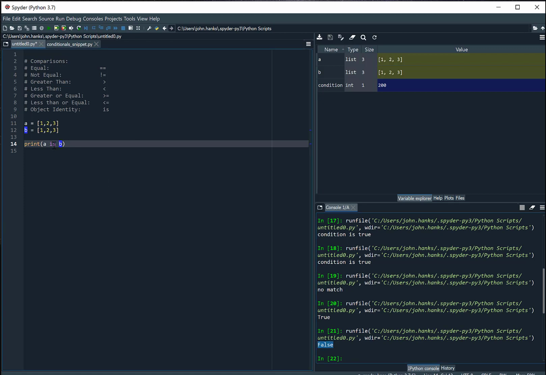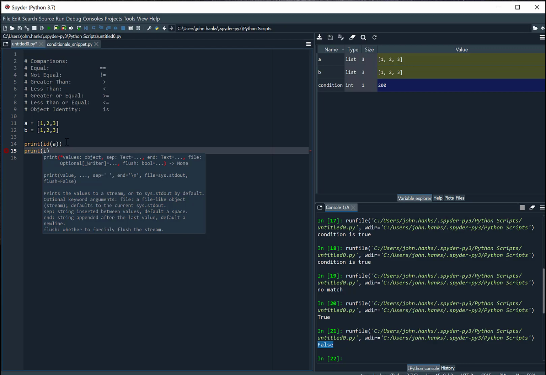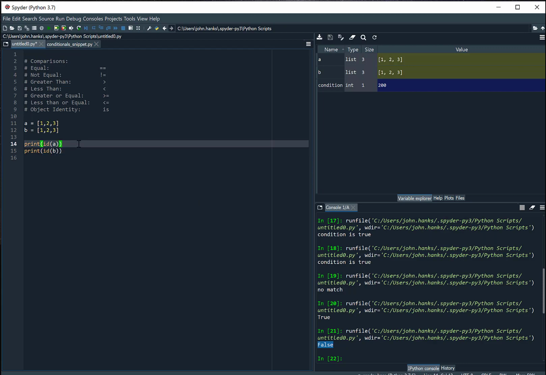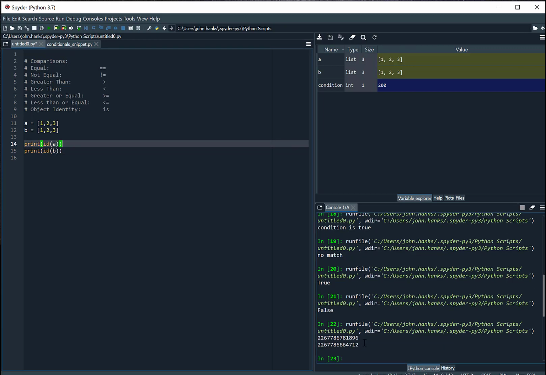They're not the same object. And to show whether they're the same object in memory, we can use this built-in function called id. So let's print the id of a, and then print the id of b. And let's print that out. We can see that they have two different